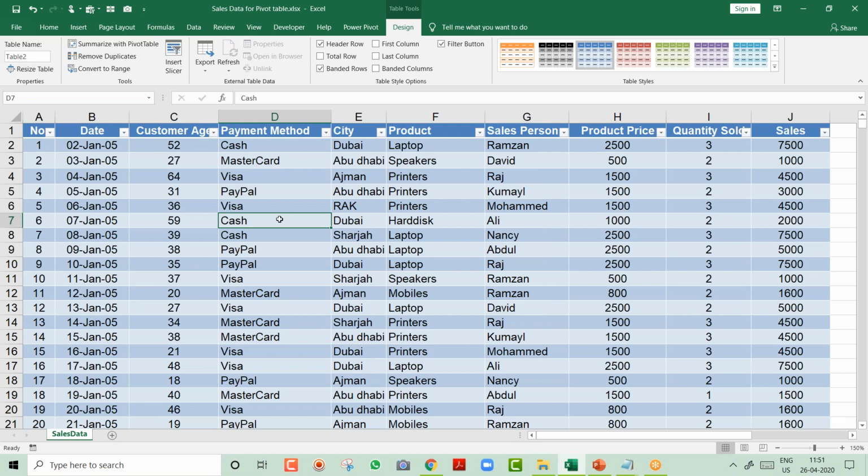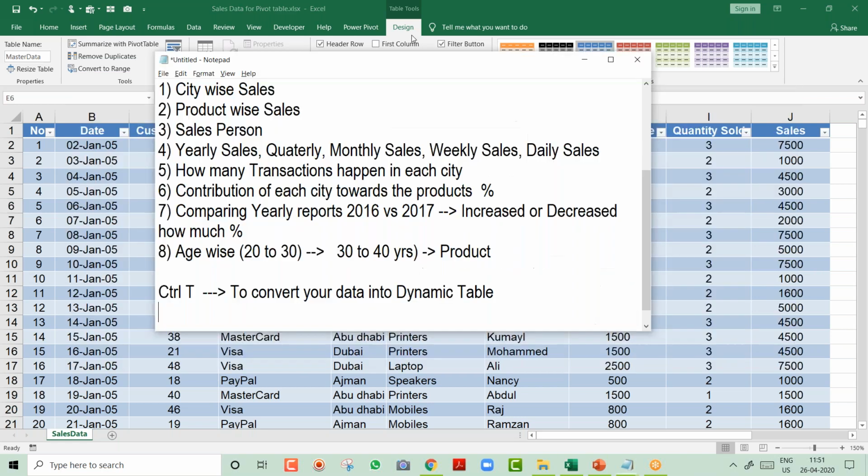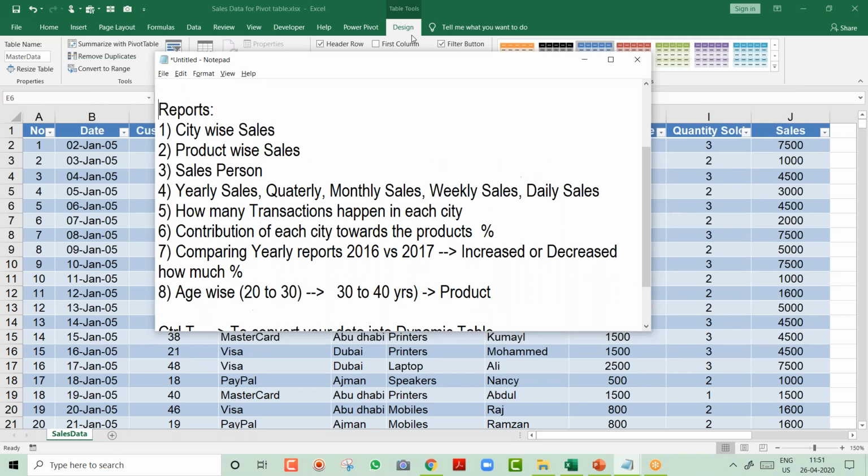Acha, how will you come to know it is in table mode? Whenever you come into the data, here you will see a Design tab. It means your data is in table mode. If you want, friends, in this Design tab there is one option, Table Name. It's not compulsory, but let's make it. So I just name it, for example, master data. I'm changing the name of the table. It's not compulsory, but let's change it. So from here I'm changing the name of the table, which is in Design. Done. Now we are starting with the session. So now I want to quickly create all these reports.